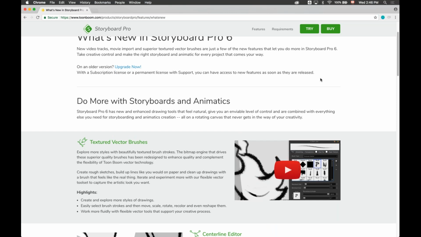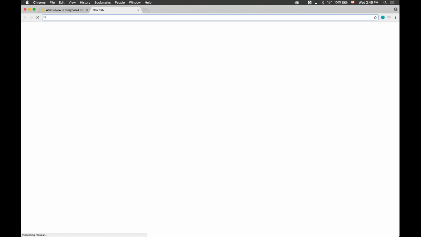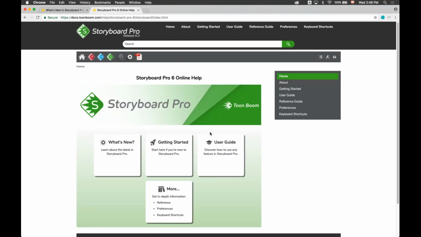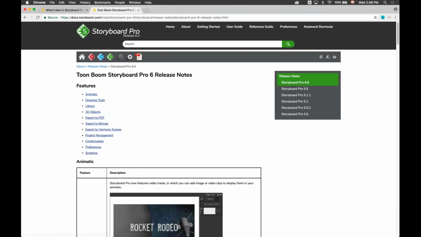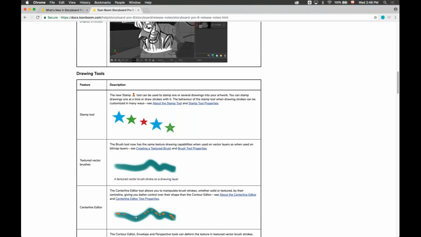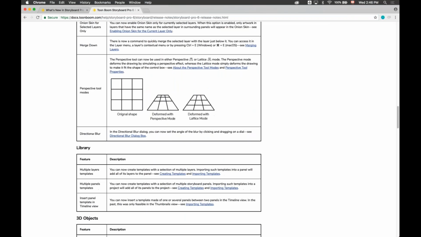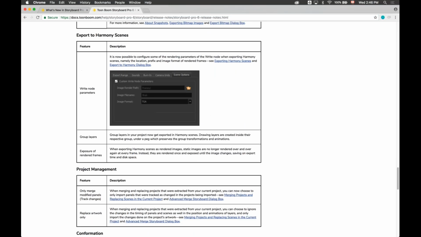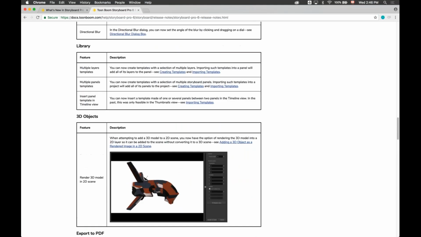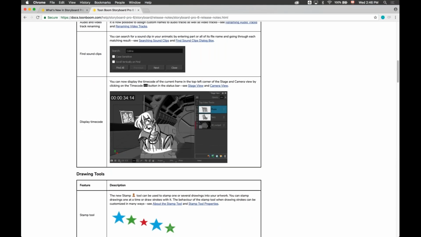And if you want to see the full list of all the changes inside Storyboard Pro 6, if you go to our docs.toonboom.com under Storyboard Pro, you have the what's new section right here. If you click here, you'll be able to see all the new features that have been added to this release of the software. And then if you have even more questions, you can go to our forum. We have an active community right there. Contact our support department,